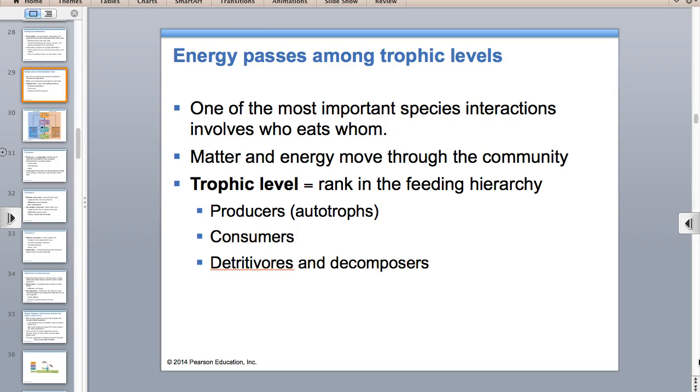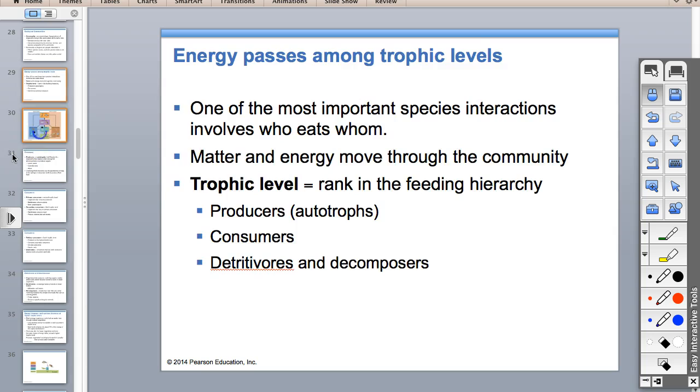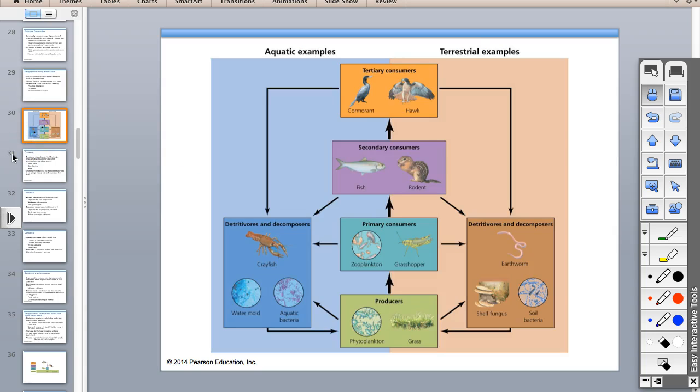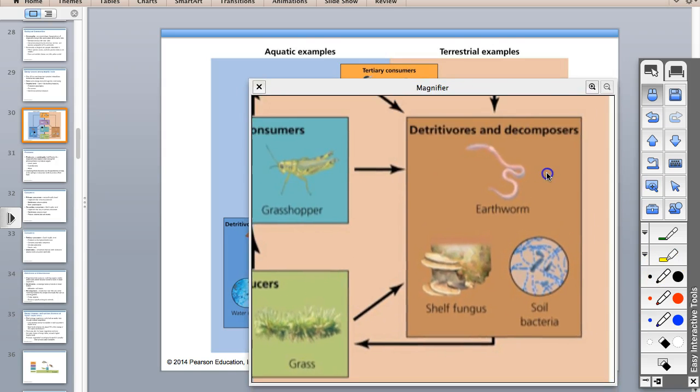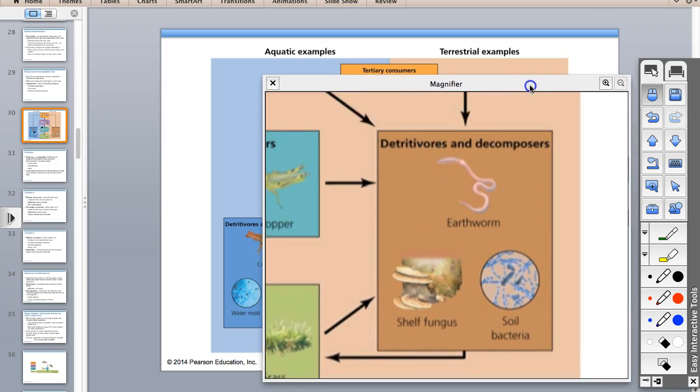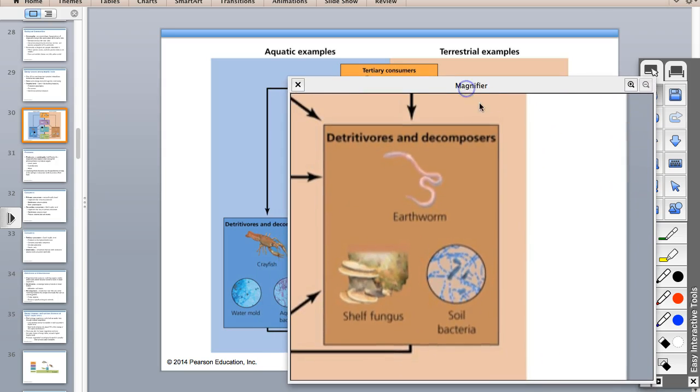So here is the food web, and it shows all these different parts of a food chain. Alright, so I'm going to magnify this and take it through. Over here on the right-hand side, we have a terrestrial ecosystem, and we have detritivores. Detritus is dead stuff and poop. So like leaf litter and poop, really, that's what I'm talking about when I say detritus. And so you have detritivores that eat that.